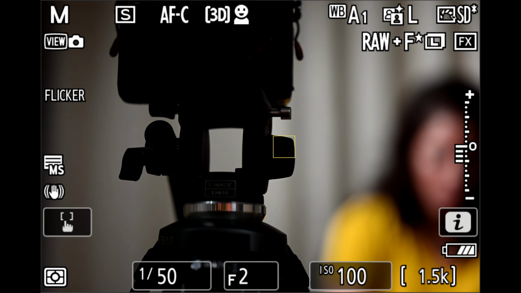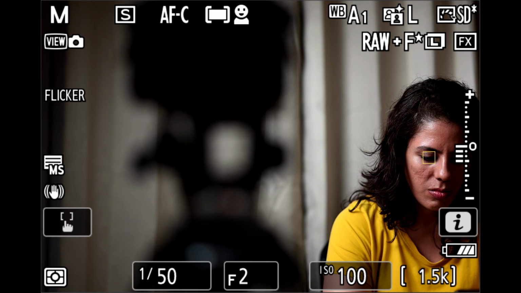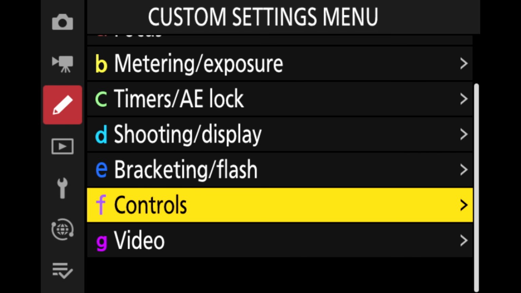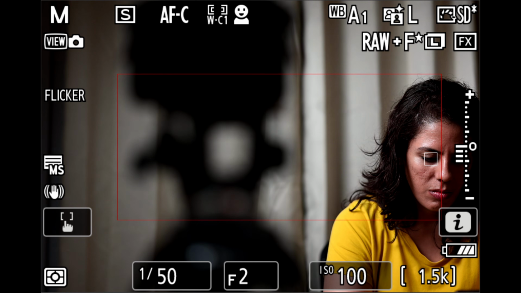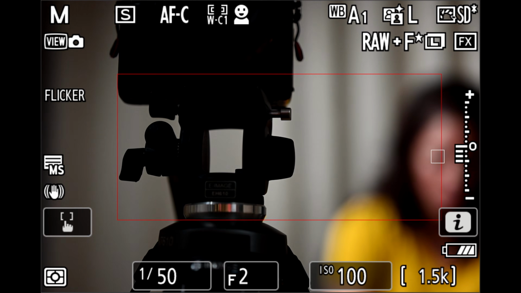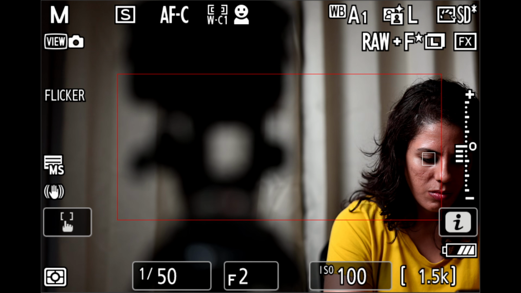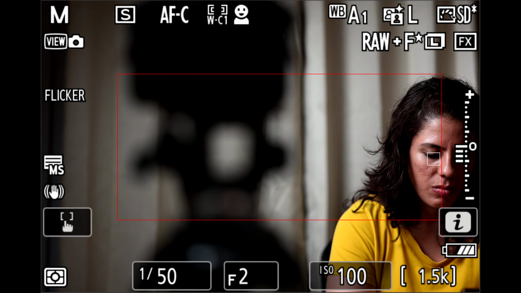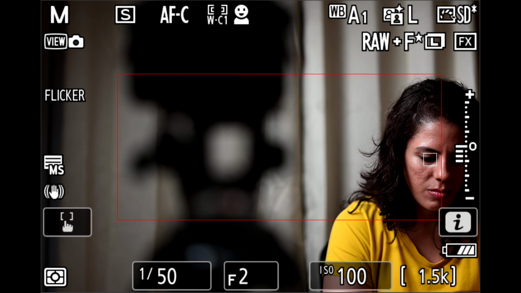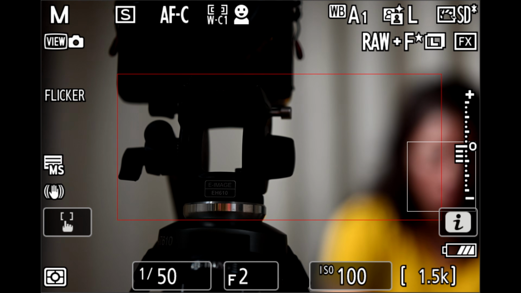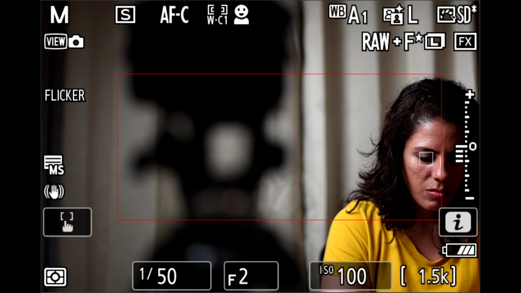This is 3D tracking, this is eye detect, because the wide area AF is selected for the display button. Yeah, so that's how I have set this thing up, and I think this is very convenient because the Z6III actually does not have a subject detection override function that the Z8 has. And in fact, the Zf has the same problem. This system is not perfect. This implementation of me trying to override the subject detector in this scenario is not a perfect solution, but